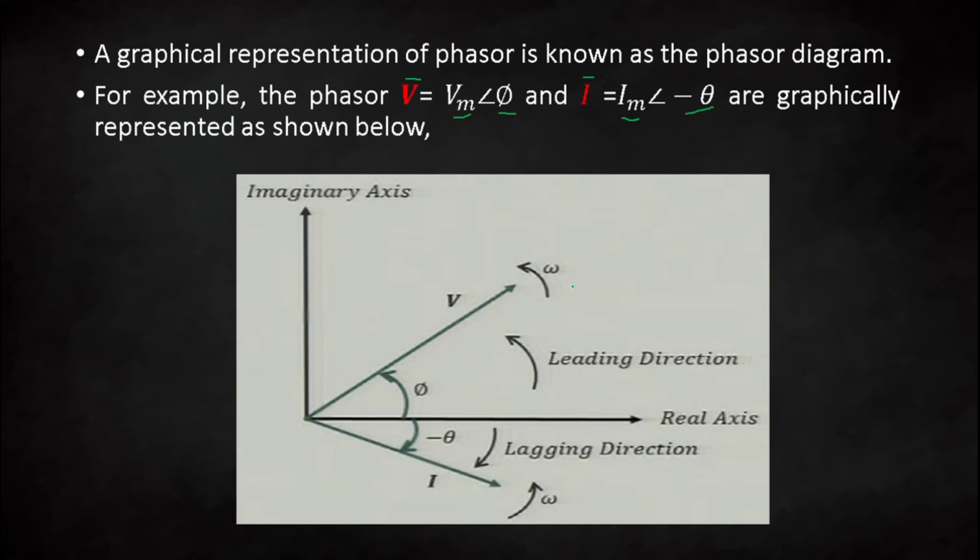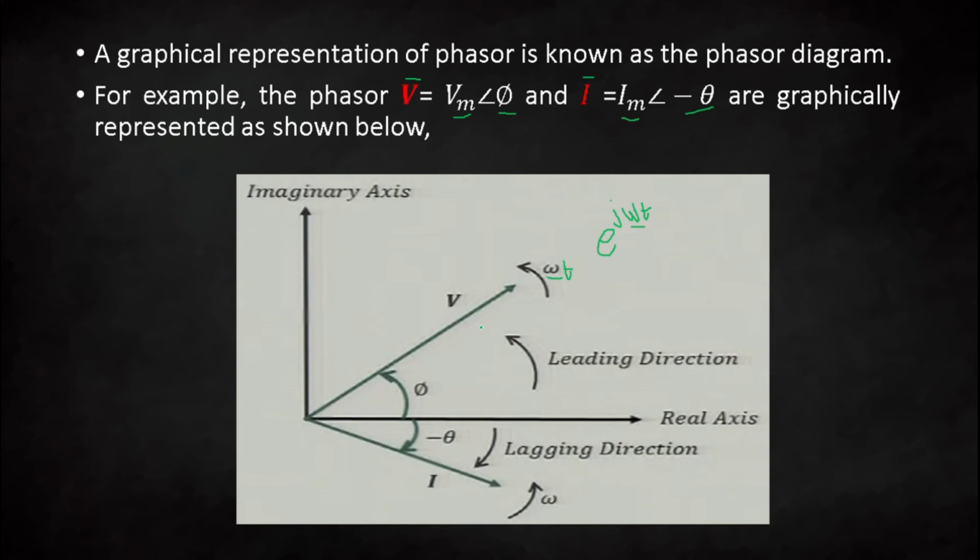Here you can see one term, that is omega, and we were discussing e raised to j omega t, that we are eliminating this term, but it will always be there, because if we are talking about time domain analysis, in that case this omega t will always be there. So your sinusoidal voltage is going to rotate with the frequency omega, and the angle will be omega t. But we are converting into phasors, and that is why we are eliminating this term e raised to j omega t, and we are assuming that the phasor V bar is stationary.